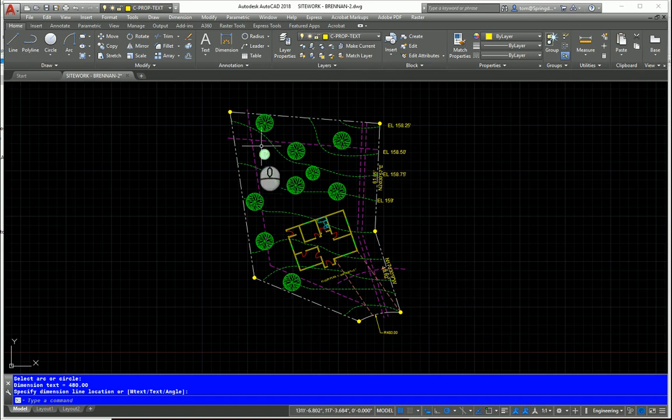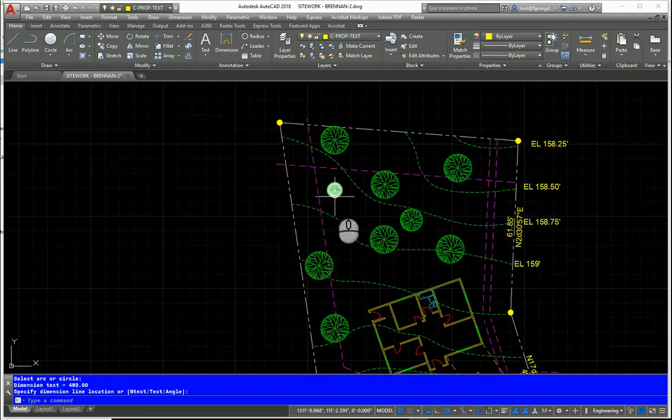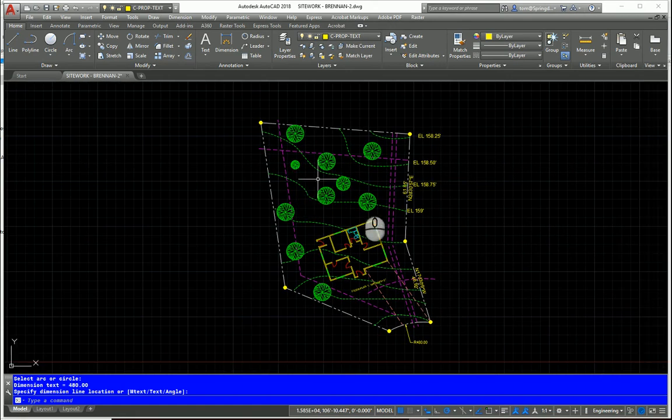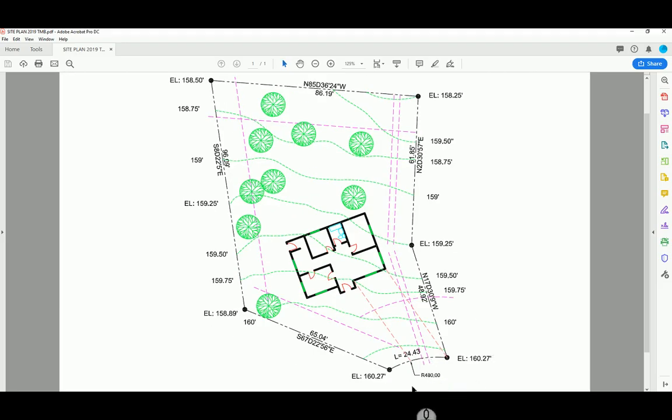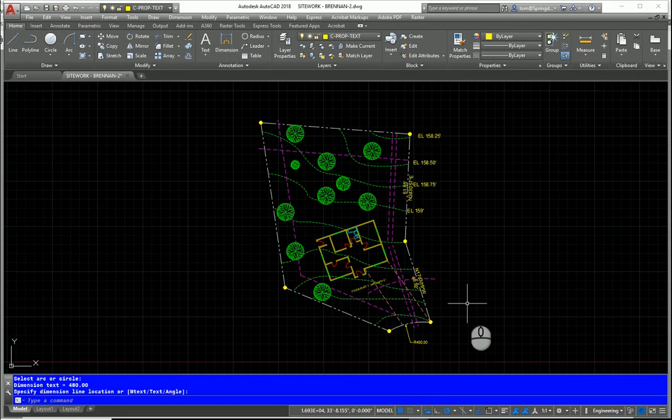And then you can do a few things like trim some of these out. I'll let you figure out how to do that. You guys know how to trim. And we can go ahead and work on that. So that's it. That is the Sitework plan. And you can see that it looks quite a bit like that right there. And you did it. So that's awesome. And we are going to